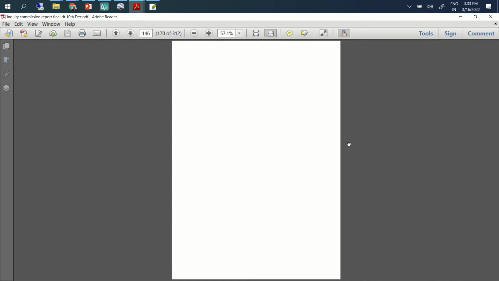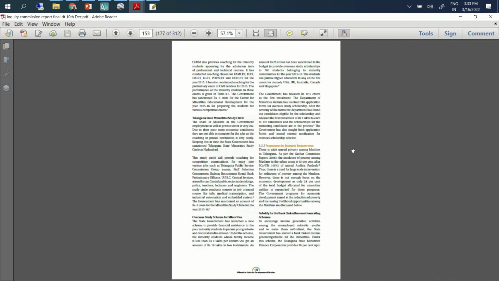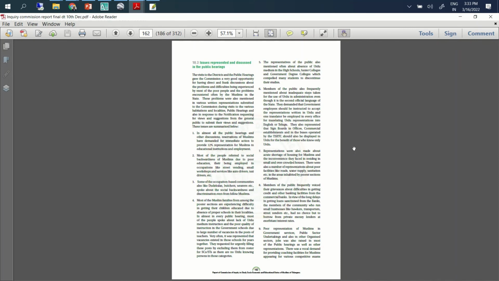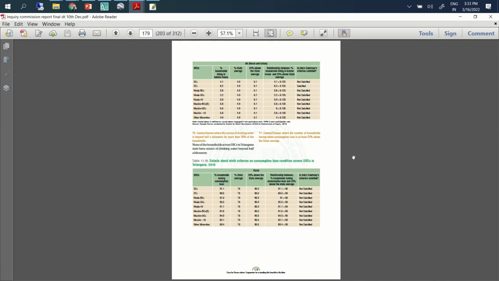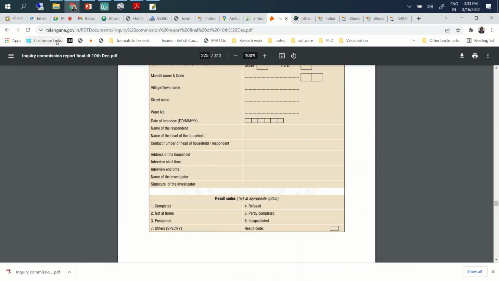So maybe if you just follow any one of the reports, this can be one of them. See how questions are framed, how the data is collected on site, and you also have ready information on how to interpret the data and how to present the data set. So this can be a reference material for that.